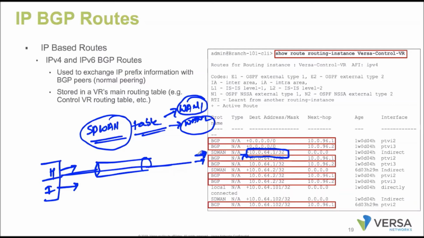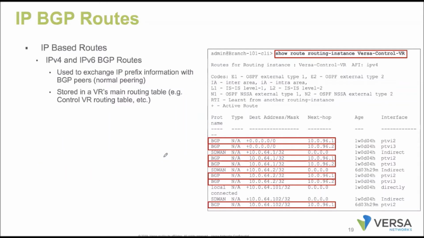So whenever you find SD-WAN as the next hop, it establishes the overlay communication. On top of the overlay, it still has to send over the underlay connectivity. How is it going to select the underlay connectivity? By looking into this SD-WAN table. In the SD-WAN table, it is going to know which WAN IP addresses will be used in order to establish the communication. After the end of all these courses, Prakash, we'll see the complete traffic flow from one branch to the other branch, how exactly the communication is going to happen.